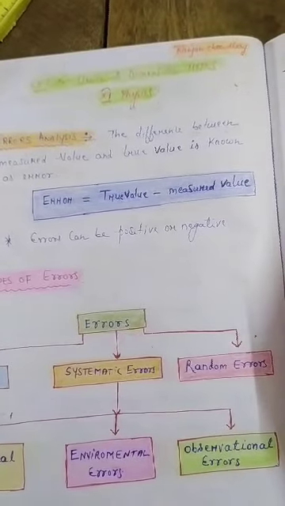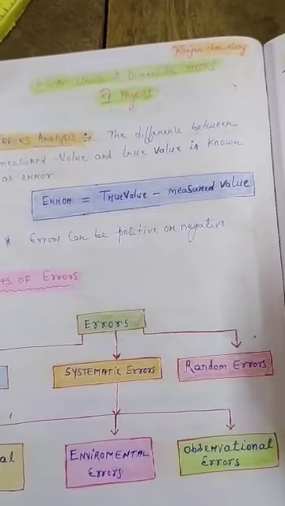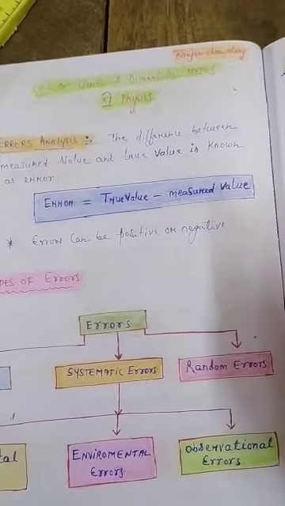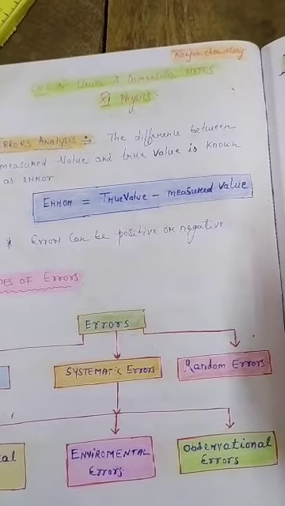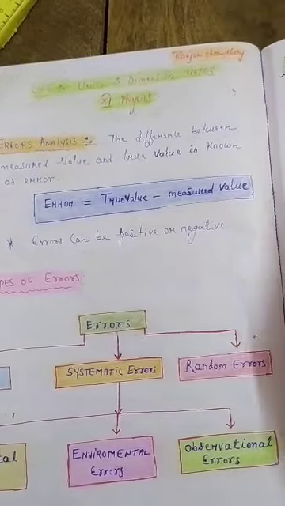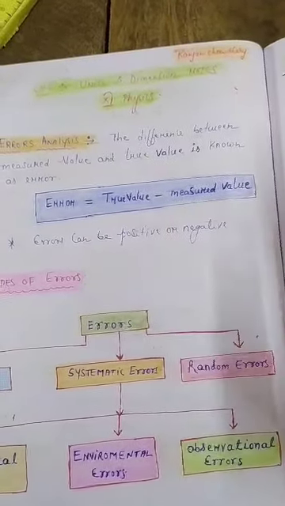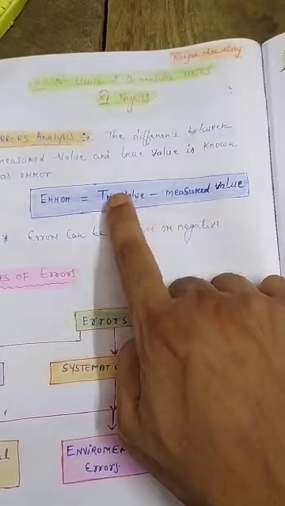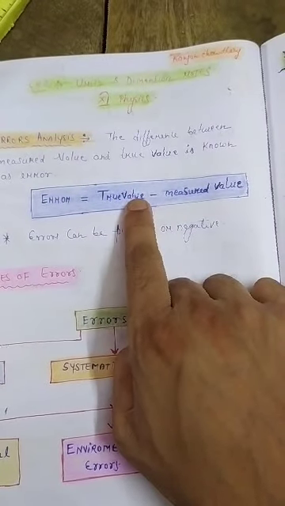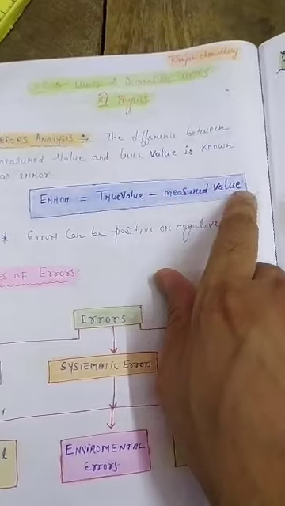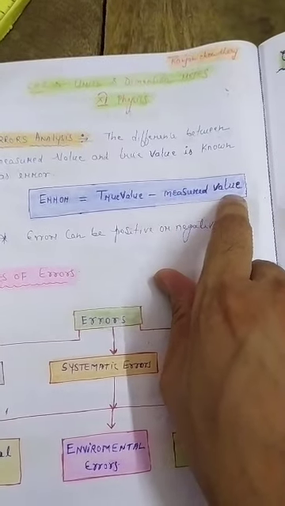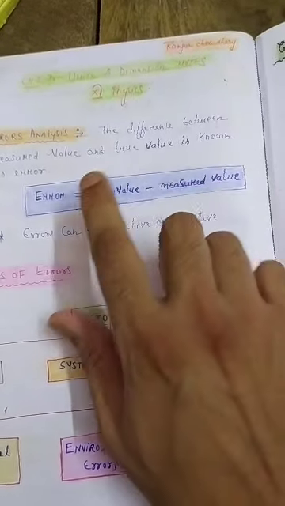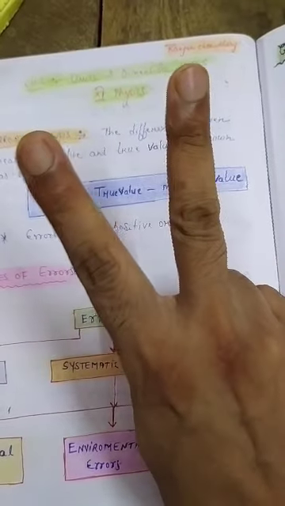So now you are given a measuring tape to measure your height. When you measure your height, then your measured value is, for example, let us say it is 163 centimeter. Means when you are measuring, your measured value is how much? 163. But actual value is how much? True value is 165. But you are measuring with what? That is measuring tape. That is a device. So this is 163. So 165 minus 163.